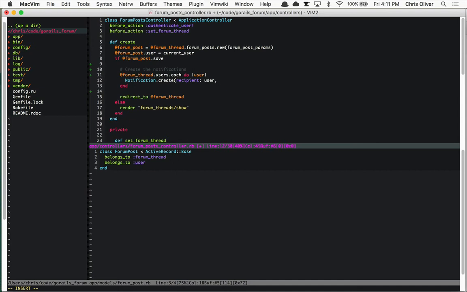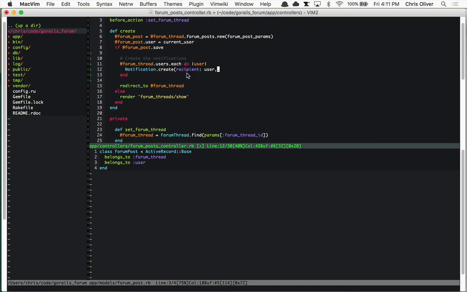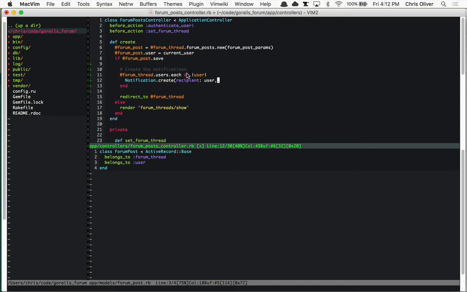And that's pretty cool because that allows us to loop through all of those users, notify everybody, and then redirect the user back. And this will be really fast because we're just creating a handful of records in the database. We're not actually sending out emails or anything, which you would want to do in a background job like the previous episode on Sidekiq. So the other options we need to pass in for the notification are,